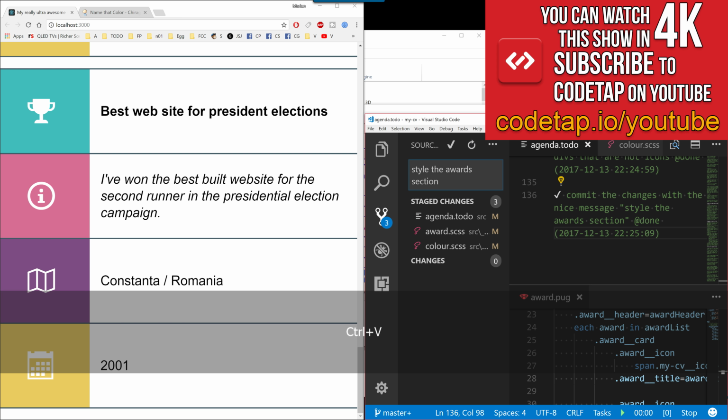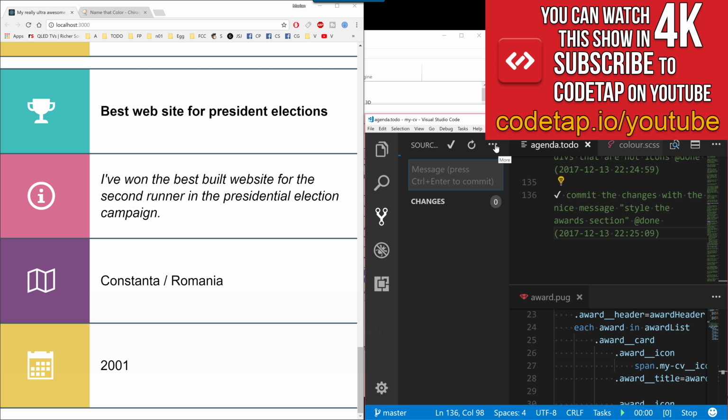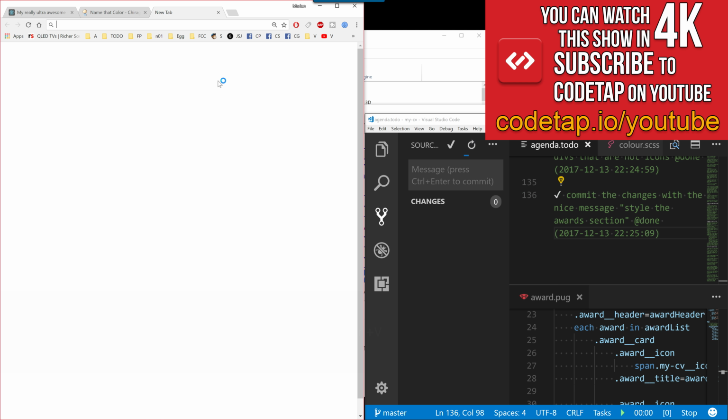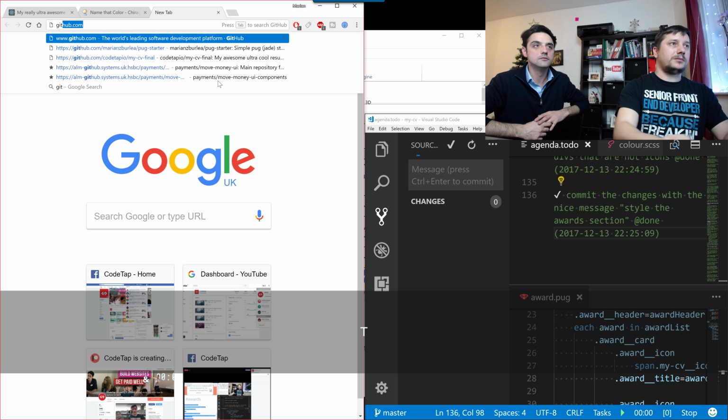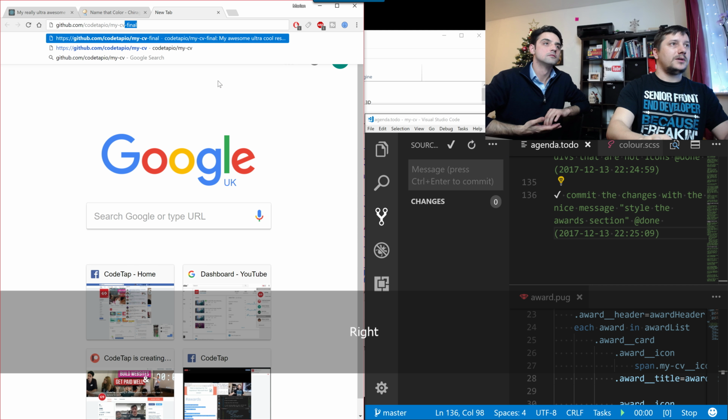and then commit them with this message, and then also sync them. So by the way, if you don't know what happens, if you go on github.com/codetap/mycv,